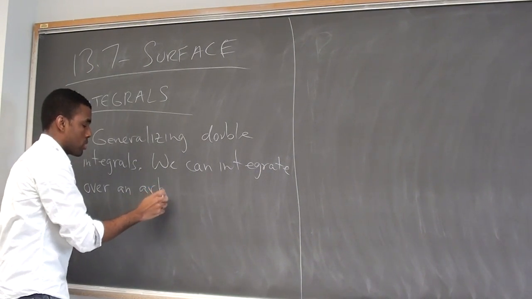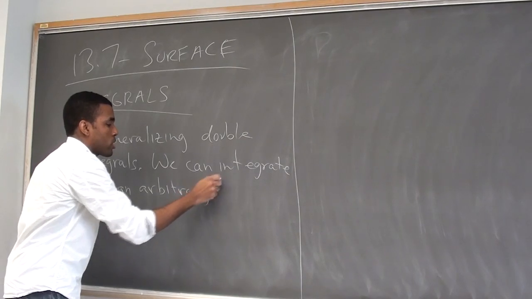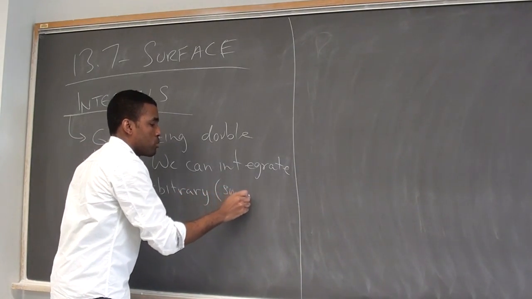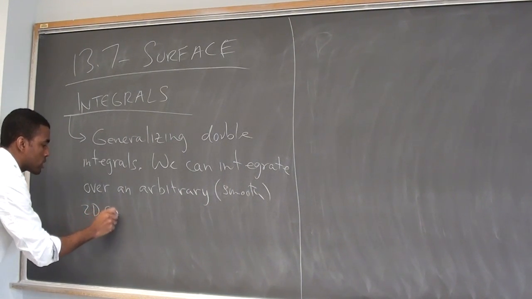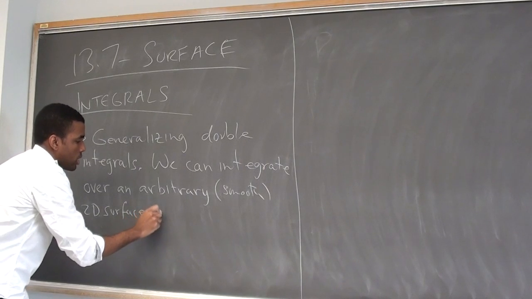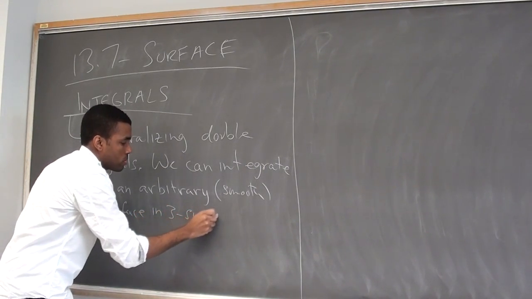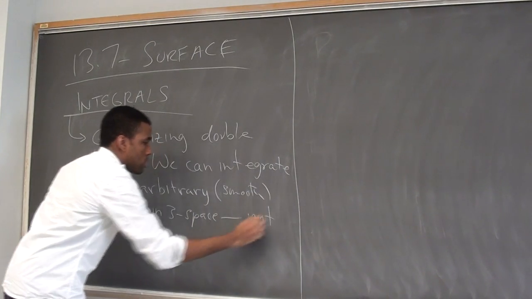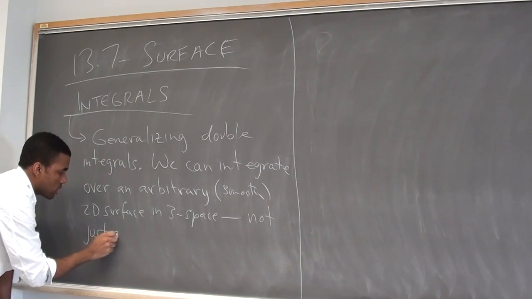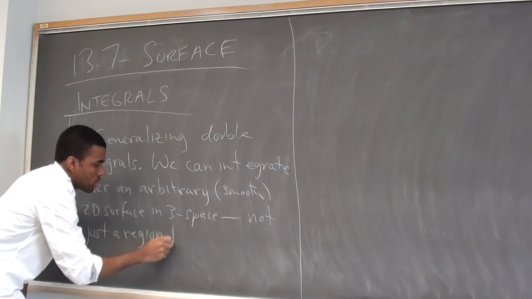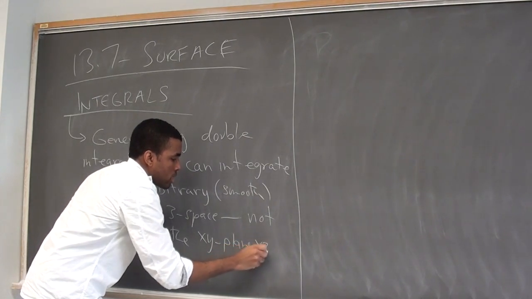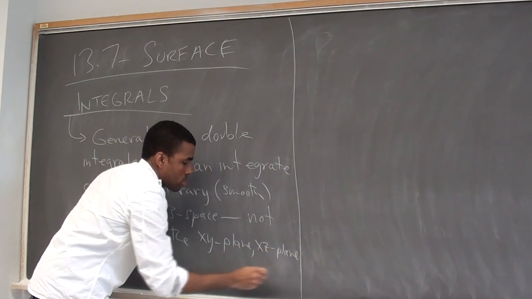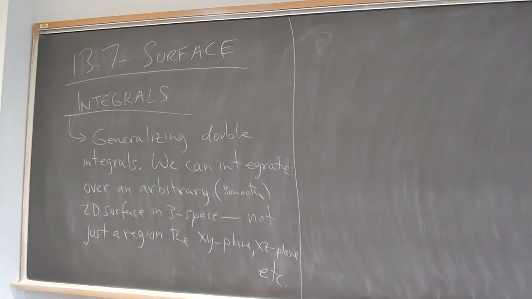Want to say arbitrary, but arbitrary smooth 2D surface in 3 space. Not just a region in the xy plane, xz plane, etc. Right? So in Calc 3 they told you, okay, you're going to integrate this thing, but you're integrating over